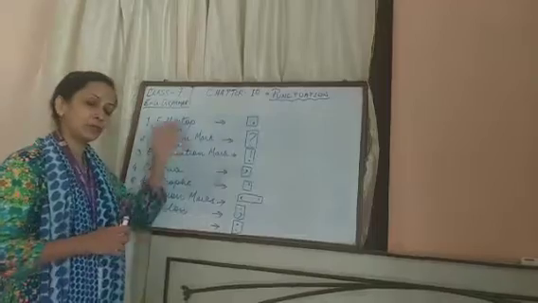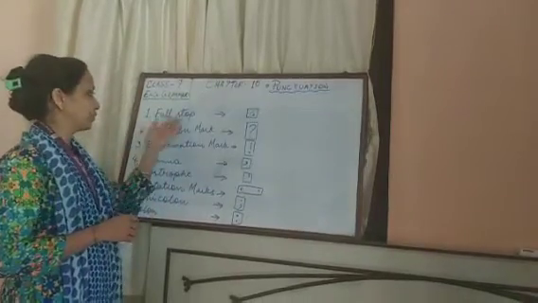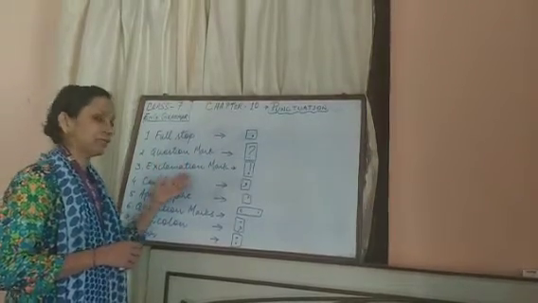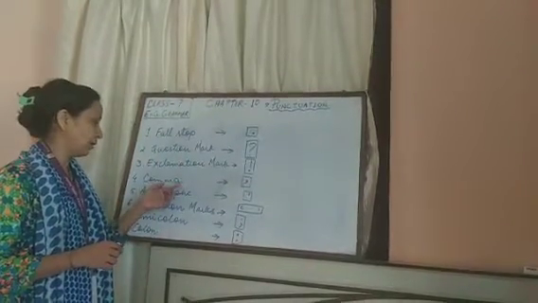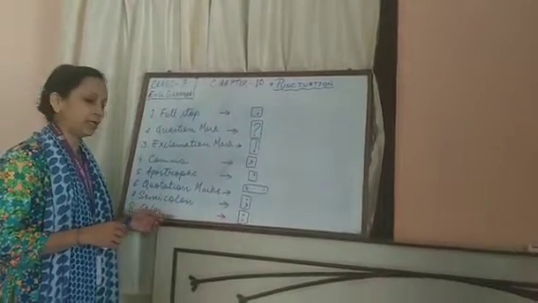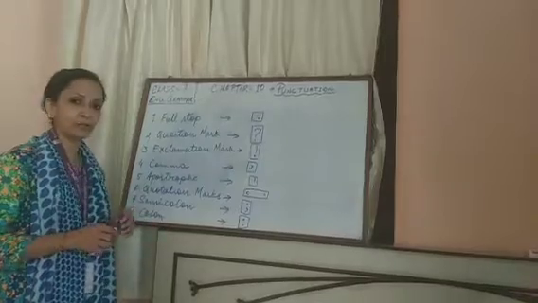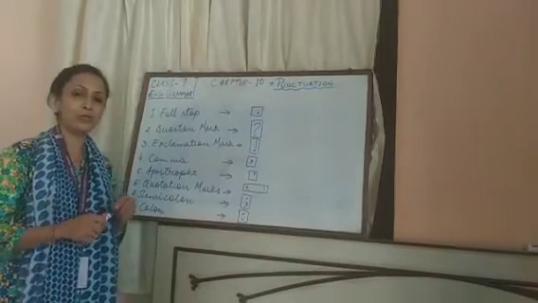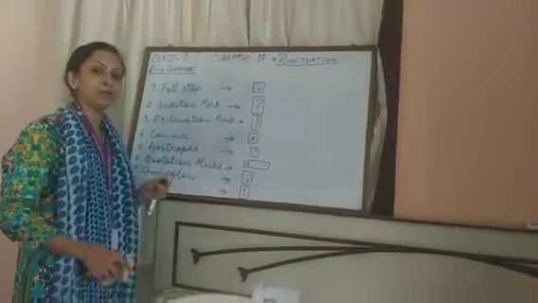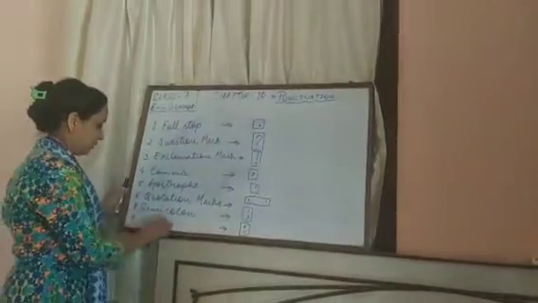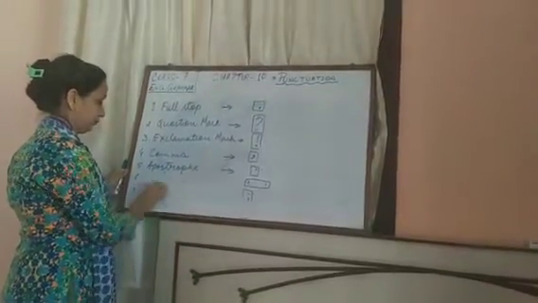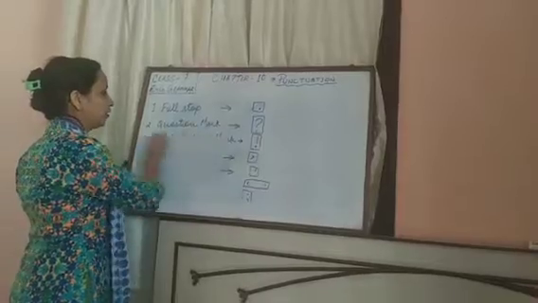First, let us see the important punctuation marks that we have. We have full stop, a very important punctuation mark, question mark, exclamation mark, comma, apostrophe, quotation marks, semicolon and colon. These are the important punctuation marks that we are going to learn today, their use and the different rules of using them. So we will move one by one. First we will begin with full stop.